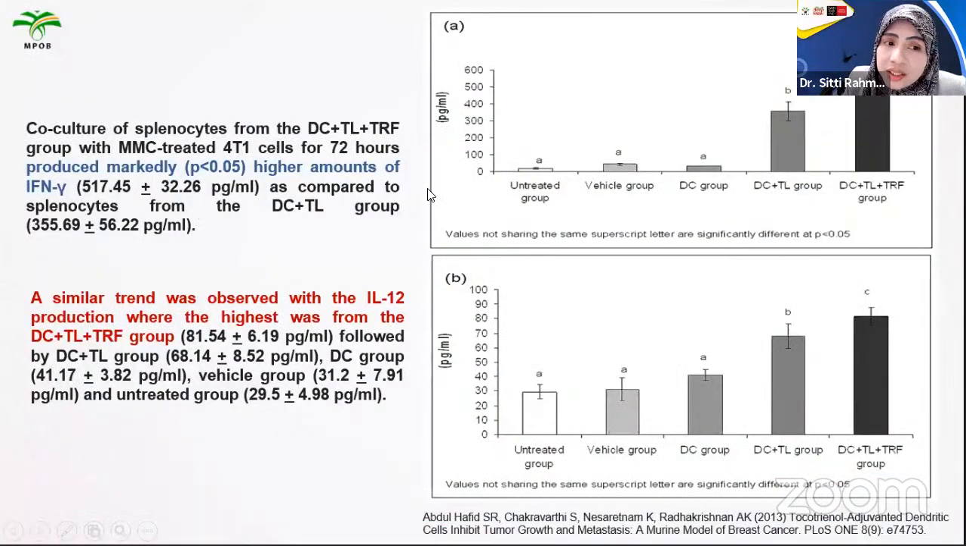So here we culture the spleen cells from the treated mice, which is our experimental model. And then we culture with the 4T1 cells, which we have treated so they are not able to grow anymore, but they retain the properties of the cells so that the immune system can recognize them. So here we also look at the interferon gamma. It is also found higher in the experimental group compared to the others, and we found a similar expression in interleukin 12 in this